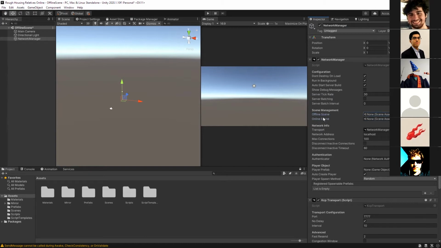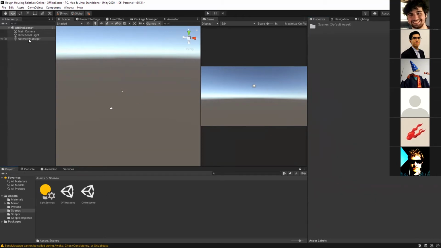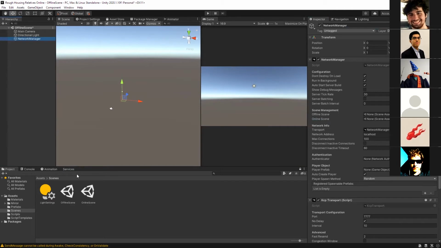This is very important. You might be tempted to put the offline scene and the online scene as the exact same scene. Or you might be tempted to put the network manager in your online scene because that's going to be faster. But don't do that, because you're going to run into issues.